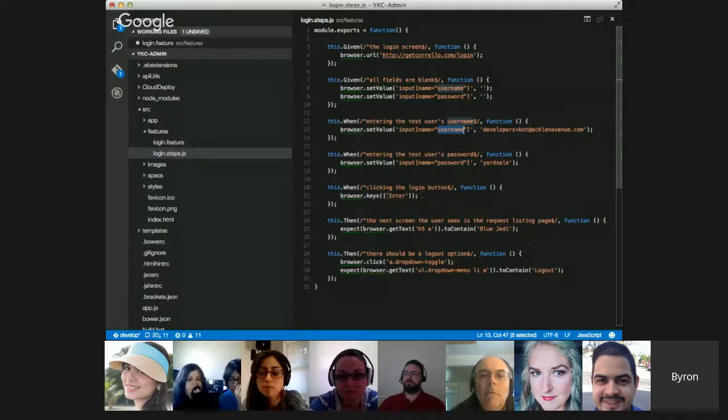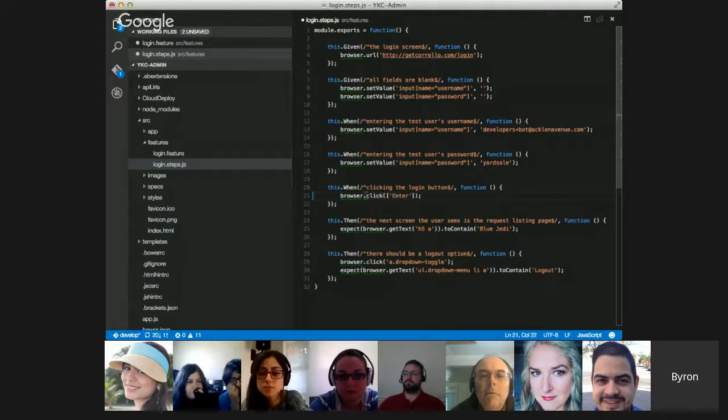So if I wanted to be more specific, I could probably do like a browser.click. There's documentation for all of this. So I'm just going to do a button like that. Maybe that's all it takes. I'm not sure. But just to not have demo errors, I'm actually going to put it back the way it was.